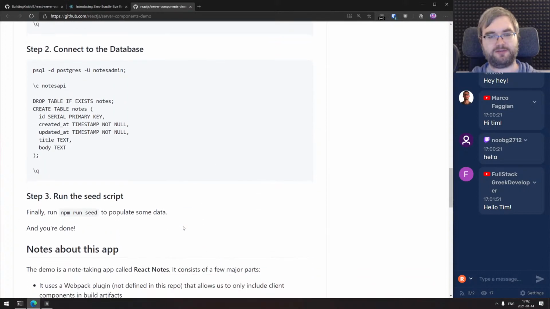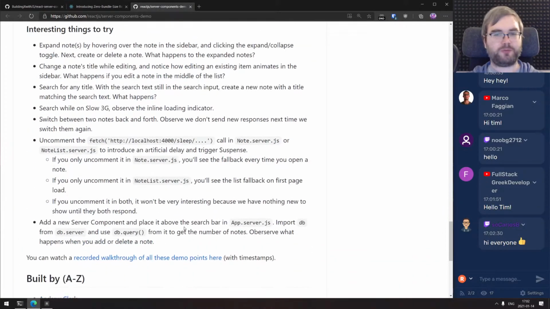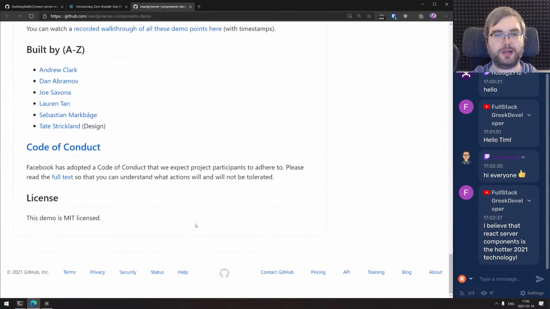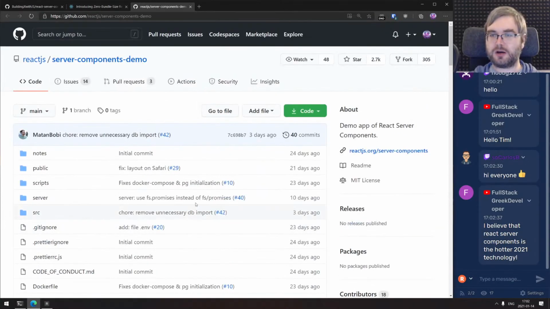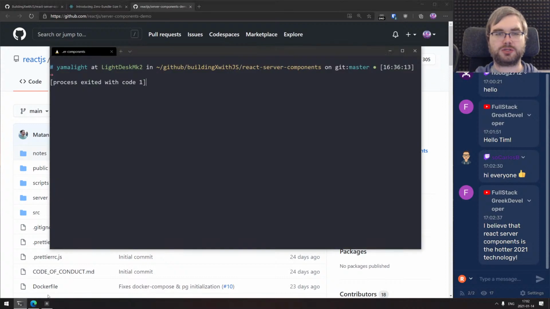I think we can safely throw that away from there and see how that goes. But we're basically going to be starting with that. If we have enough time, we're going to be jumping into trying to set up Next.js with server components. I'm guessing there's probably somewhere a version that already works, so we're probably going to steal some code. But yes, I guess we're going to start with just cloning that and just checking out